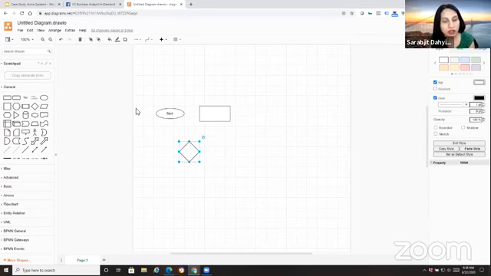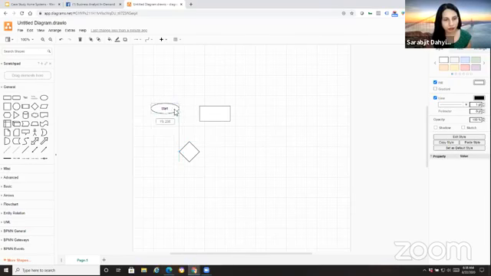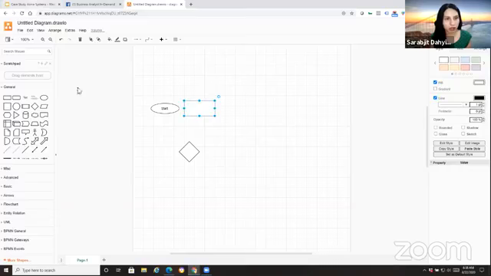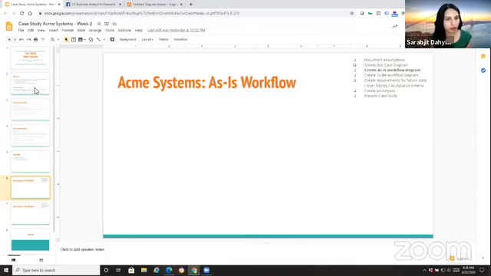These are the three most basic and fundamental shapes that we use in workflow diagrams. If you understand how these work, you can look at diagrams and understand what the flow of a system or a process is. So this is what we'll start with. Okay. Let me go back and read the requirements just one more time.